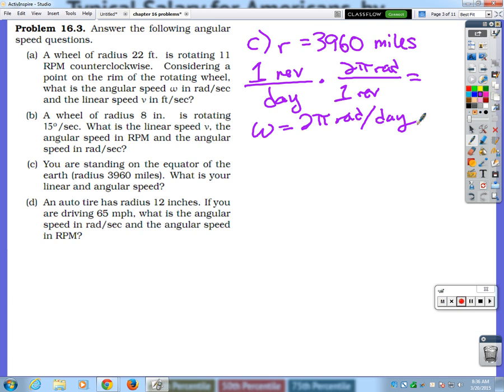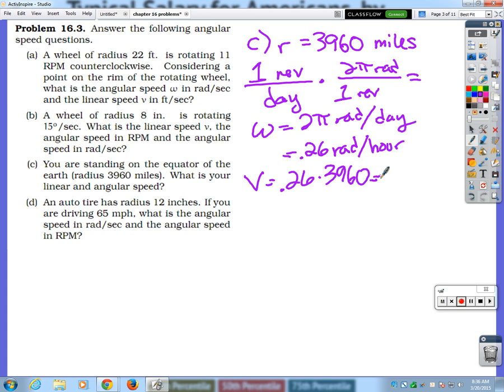And if you want to make it into nicer things, you could go per hour. So then we came up with 0.26 radians per hour, and you did that by dividing 2 pi by 24. Okay, so that is our angular velocity. So again, what do you do with that to change it into linear velocity? Multiply by the radius. So if you take the angular velocity times the radius,